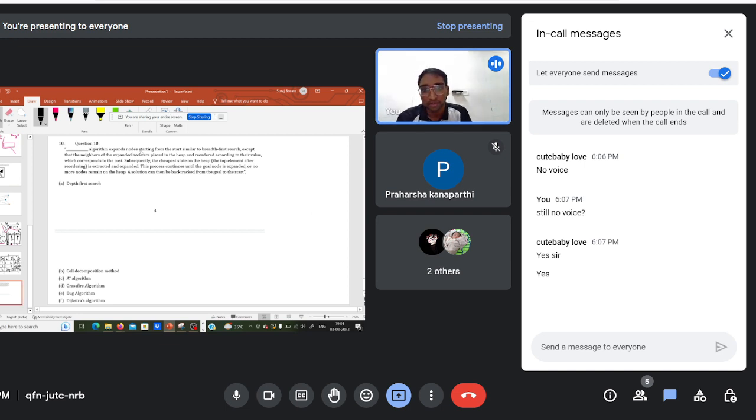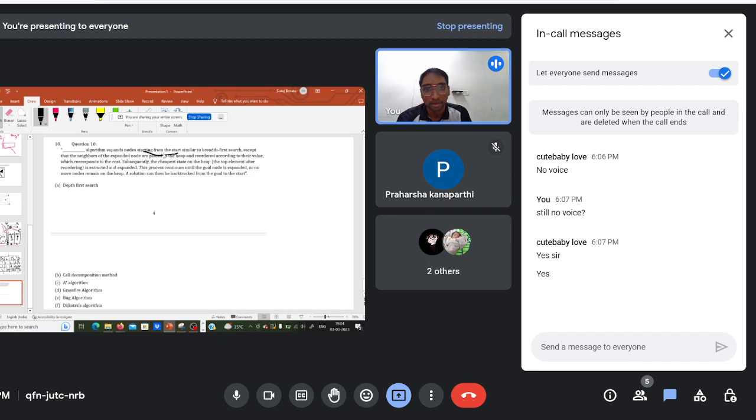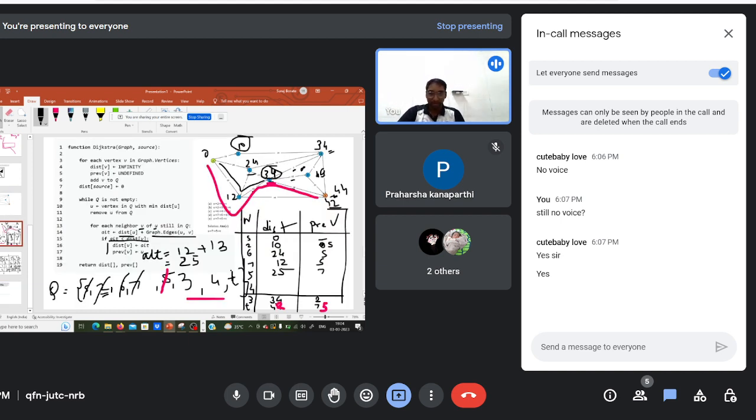Similar to the breadth first search, except that the neighbors of the expanded nodes are placed in the heap according to their value. So this is the keyword: the cheapest state on the heap is extracted. So if you see carefully here,